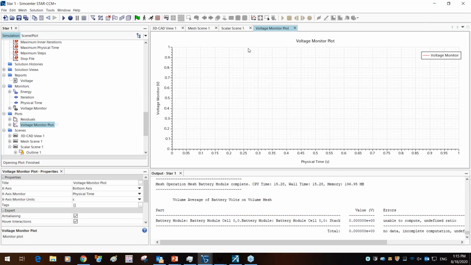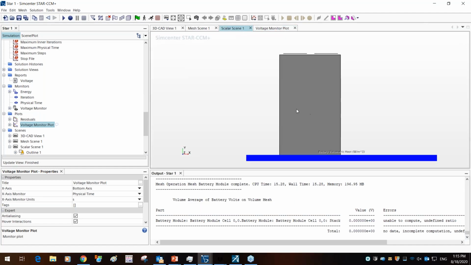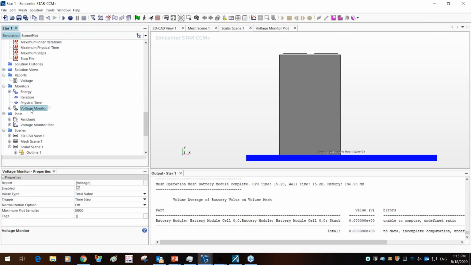So we've already created the voltage plot as well as the scalar plot for the volumetric load. There's also one thing I'd like to mention: whenever you look at the voltage monitor, because it's a transient setup, it's automated the trigger as time step, and it's going to extract that voltage monitor every time step. But just to verify, you can do that any delta time, any iteration.